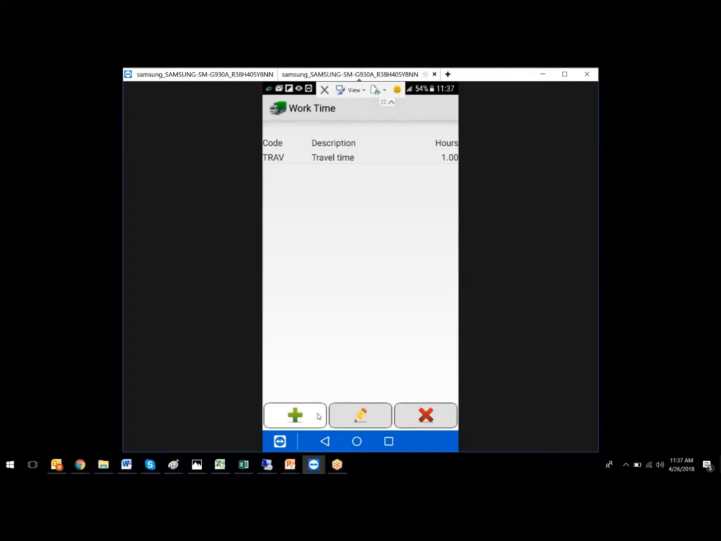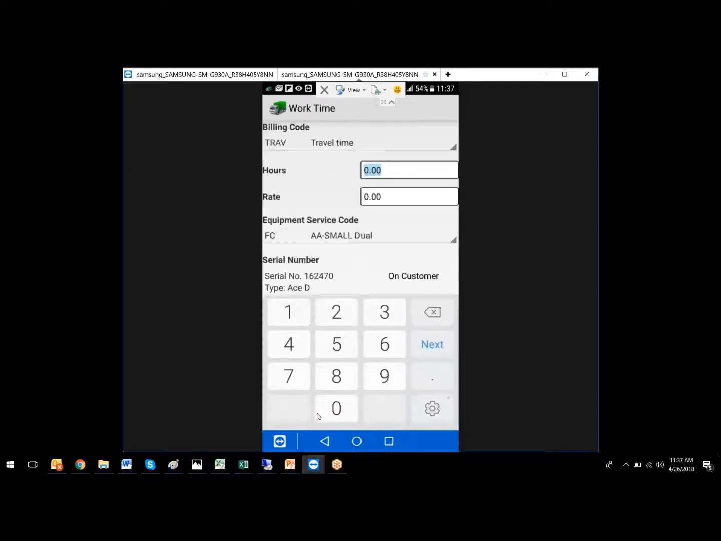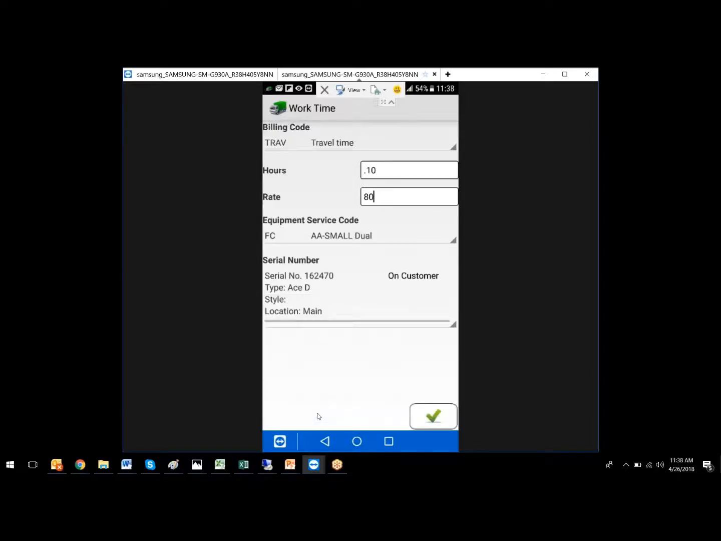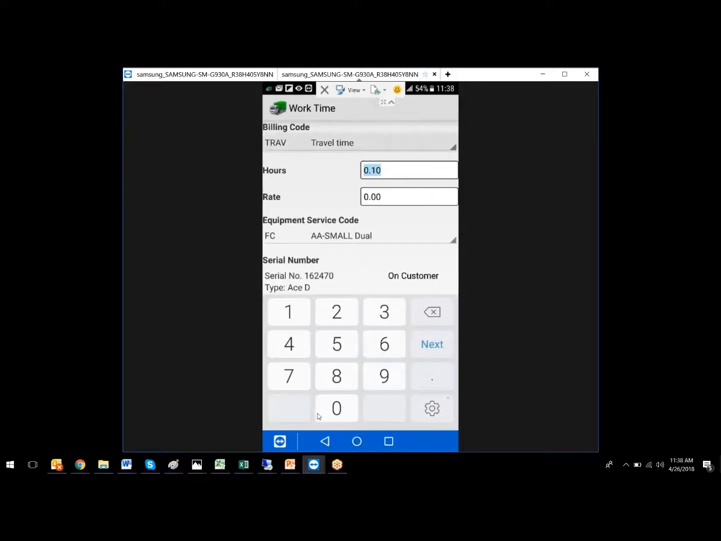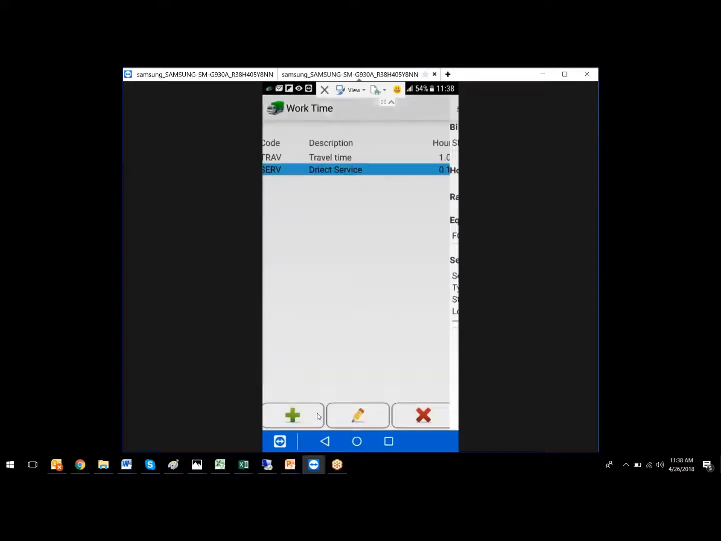Okay. It will show me my travel time, and it should have had my 600ths of an hour of direct labor time. And at this point, if the technician says, well, I need my direct service time, well, we can go ahead and put, maybe we have a 1/10 of an hour minimum. So we'll do 0.10 at $80 an hour, and done. Okay. And now I messed up again. Okay. So we'll change that, edit it, and now we'll call that direct service time. There we go. Okay. So at this point in time, you can see then that I billed them for travel time. I billed them for my direct